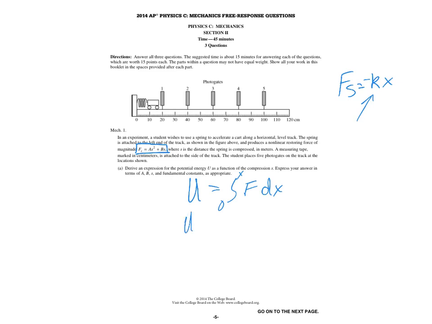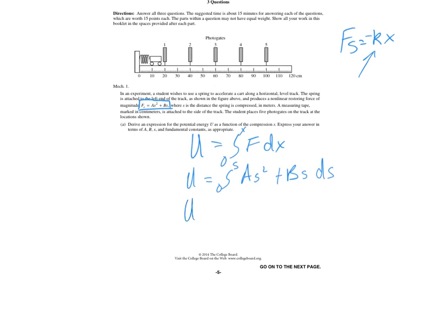But instead, we're going to do that with the spring force formula from 0 to s, which is as² + bs, with respect to ds, and we're going to solve. And so U ends up being equal to as³ divided by 3 plus bs² divided by 2. And then you would obviously have a plus C,